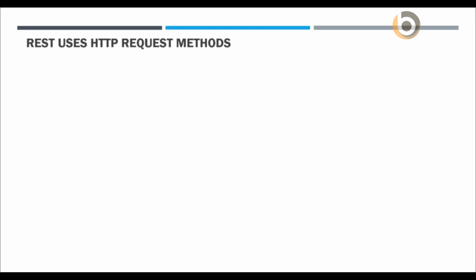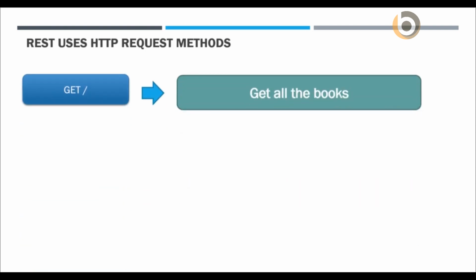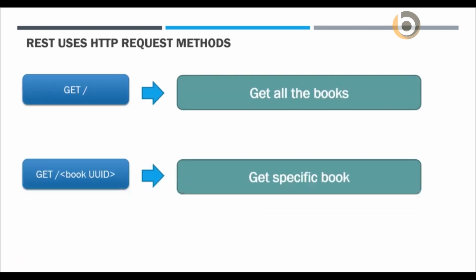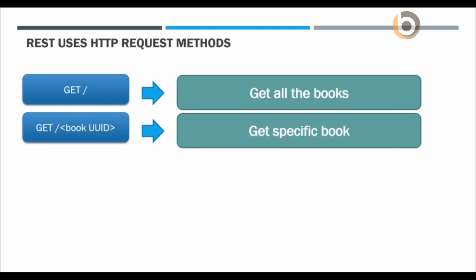Our APIs will look very familiar from the URL perspective compared to Books1. However, the big difference between the code is drastic when comparing the two applications. We will be using get with an empty URL to get all the books, get with a UUID as a path parameter to get a specific book,